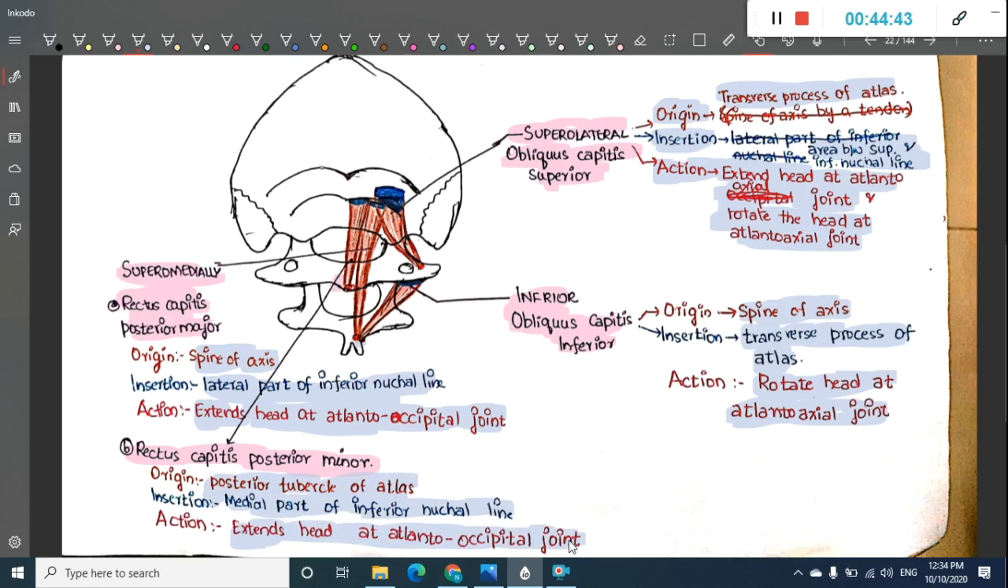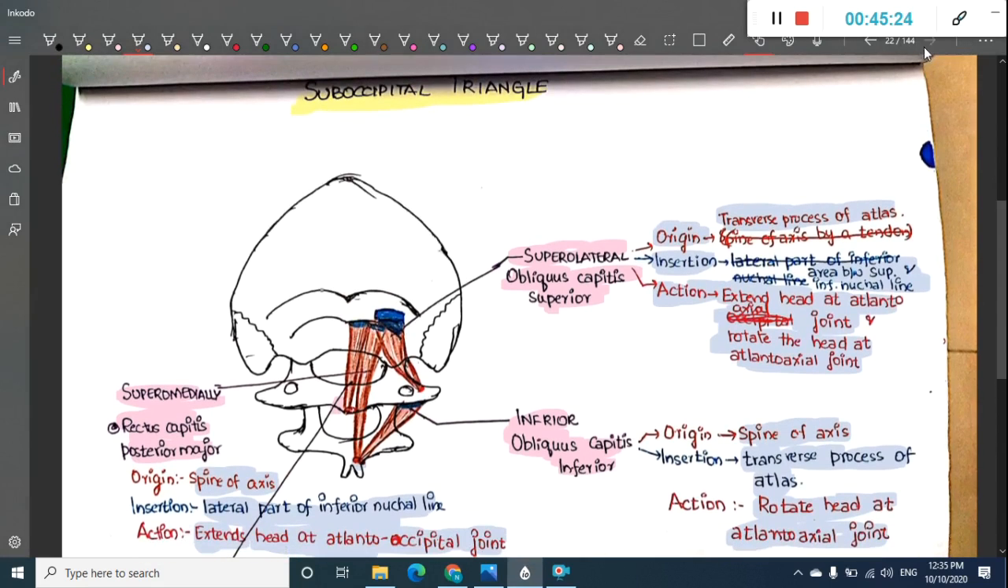So it's easier to remember. Extension of the head at the atlanto-occipital joint is done by both rectus capitis posterior major and minor, whereas extension of the head at the atlantoaxial joint is done by obliquus capitis superior and obliquus capitis inferior, and rotation of the head at the atlantoaxial joint is done by obliquus capitis superior only and obliquus capitis inferior. Okay, so this is about the